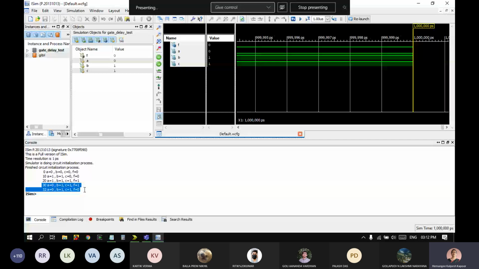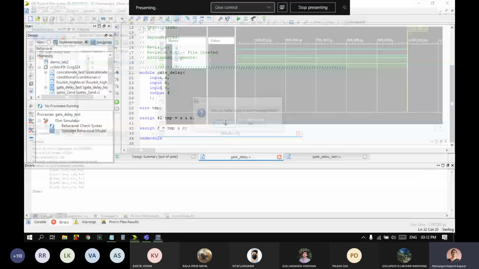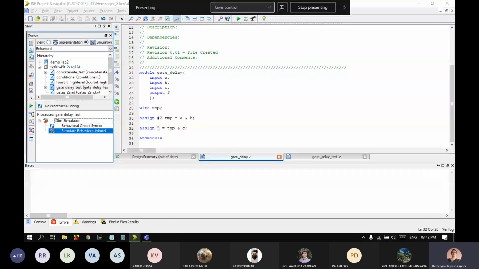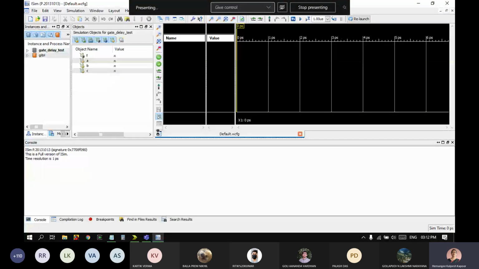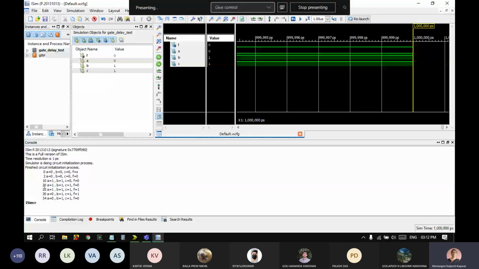We can also try to insert some delay here. I can put a #2 before F, and to be able to see the effect, now let us see if I have some change here. Okay, good. Because F was earlier not defined, it was not an instantaneous operation.